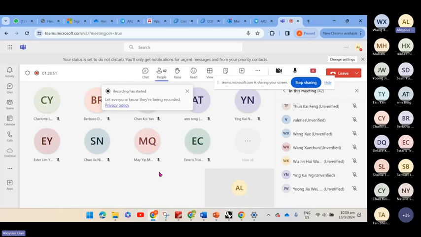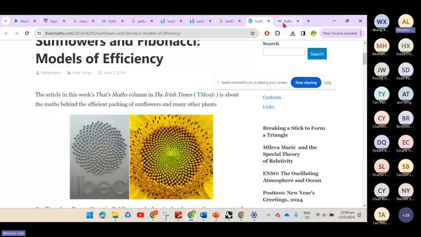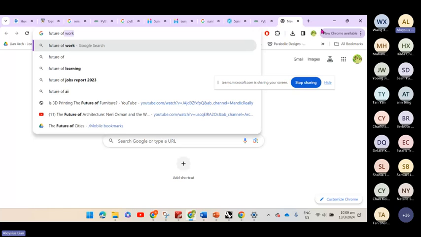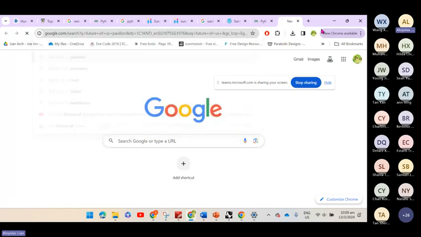You have to see it if you want. Well, once you go to the